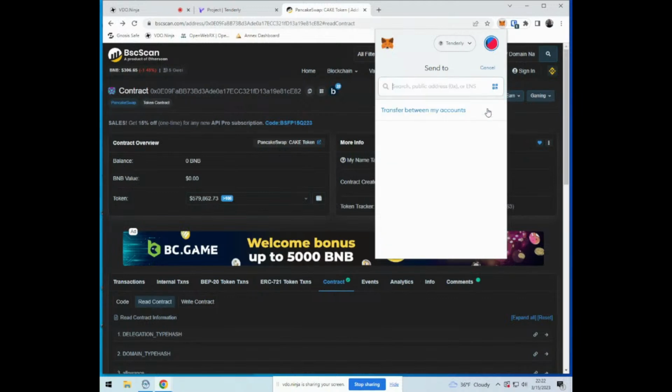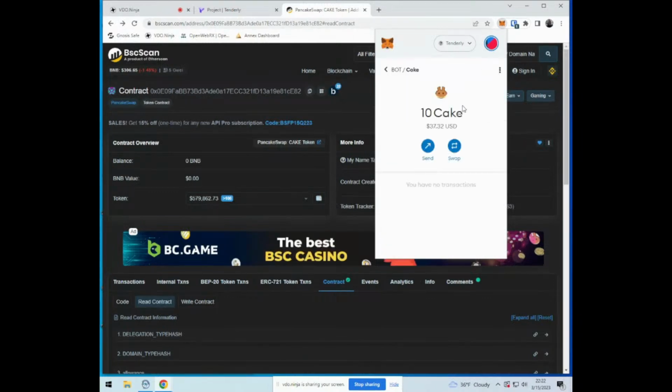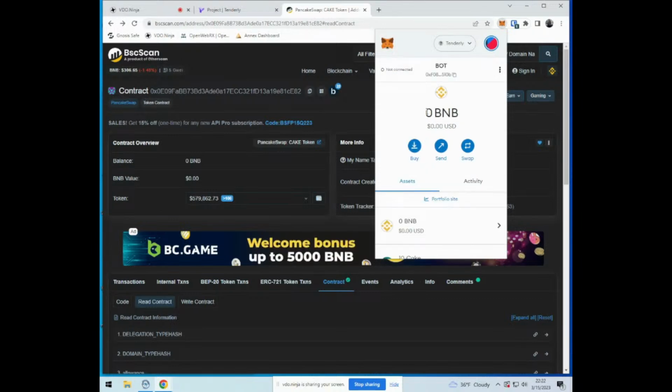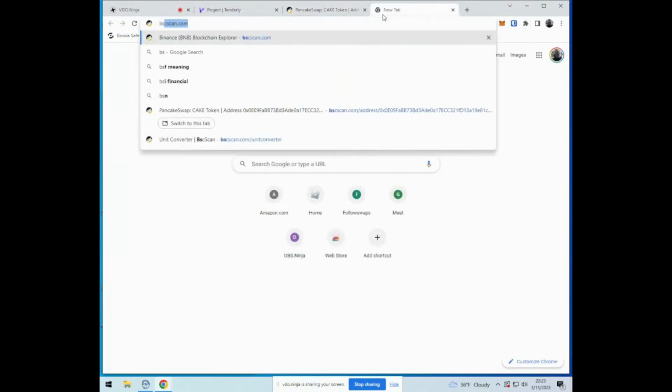I do have cake in my balance. So cake, but the other problem, I now got to go get some BNB from somebody. So how do we do that? What we can do is come up with the BNB whales. And so what we do is we come up with the BNB address here and say BSC scan,